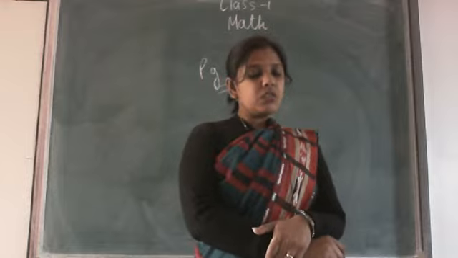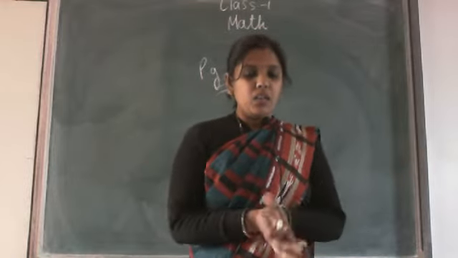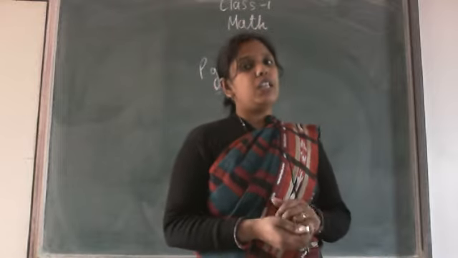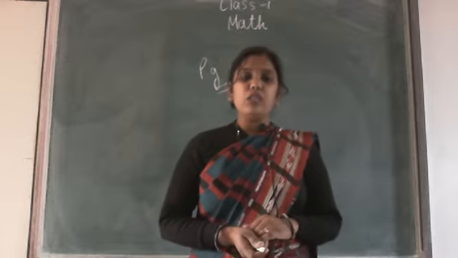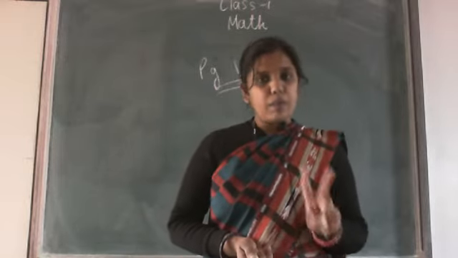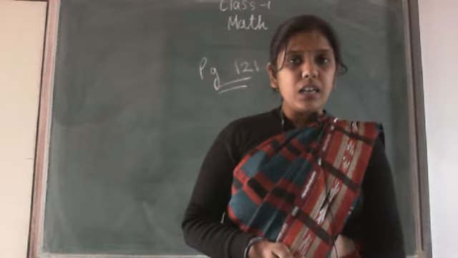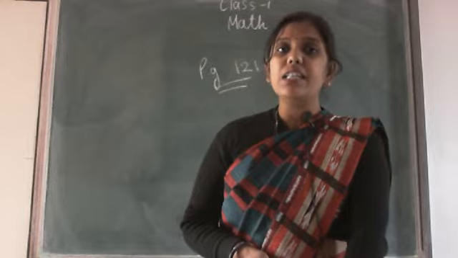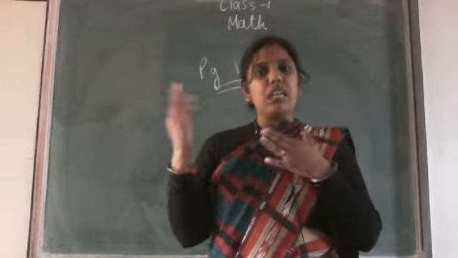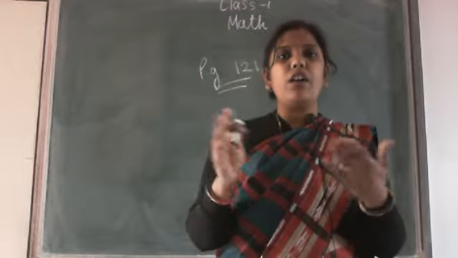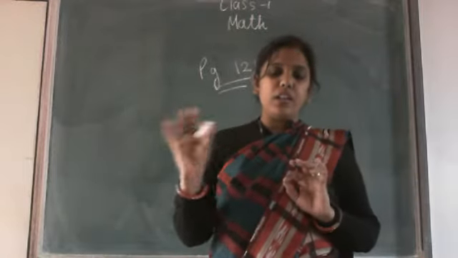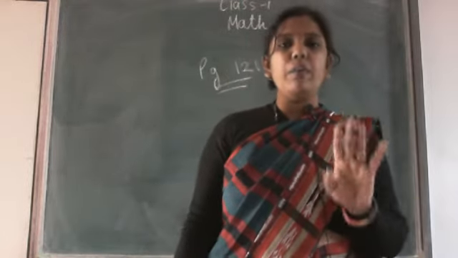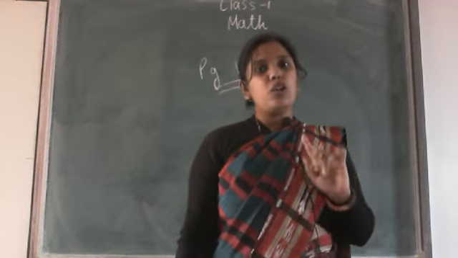Now the last question is fill in the missing number, same number pattern. First you have to observe the pattern, and after that you have to fill in the blank. So but in this pattern, in last question 2 numbers are given. See the first circle, which number is written? 45, and the second last circle 70. That means 45 and 70. So maybe the difference of 5 or 10, that you observe, and accordingly you can complete the pattern. Okay. So I hope all of you able to do the revision time yourself.